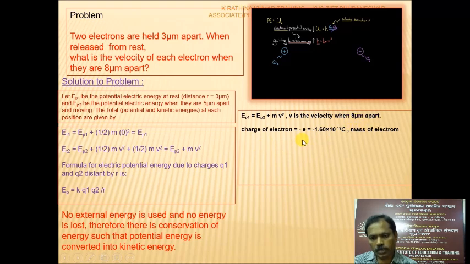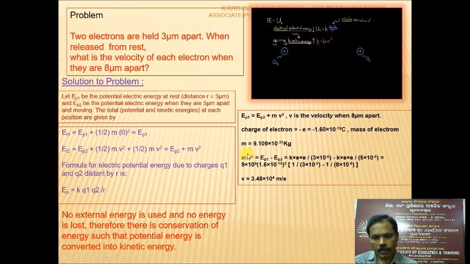Charge of electron is equal to 1.60 into 10 power minus 19 coulomb. The mass of electron is given by 9.1 into 10 power minus 31 kg. Then mv square is fully converted into potential energy. Potential energy is converted into kinetic energy. So there is no loss of energy. That is why, on substituting the values,